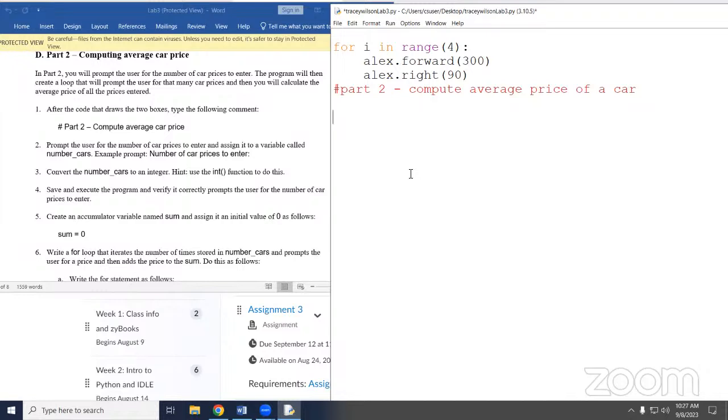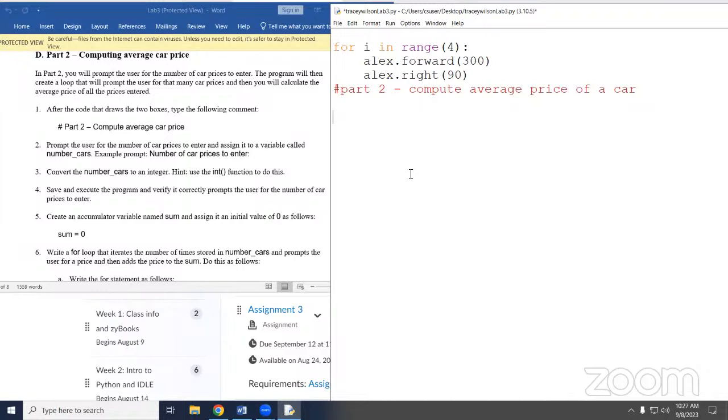So we want to prompt the user. Anytime you see in my directions, prompt the user, that term means you're going to use an input statement. So I'm going to prompt the user for the number of car prices to enter. So how many prices am I expecting the user to enter? This one needs a number.